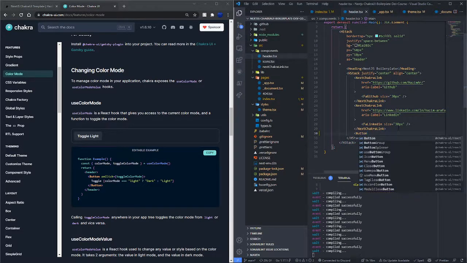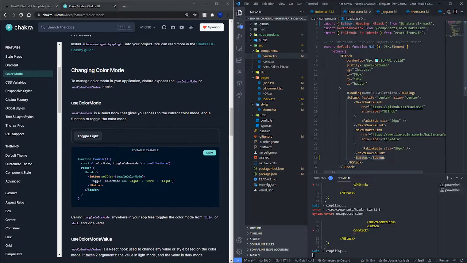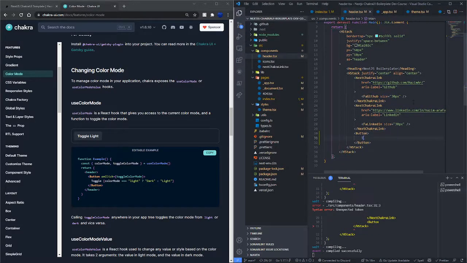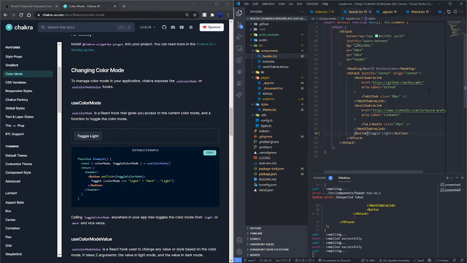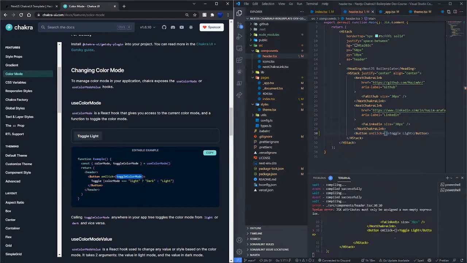I'm going to import the button from the Chakra button class, and in here we'll have toggle light. Any component that you use from Chakra's library automatically has light and dark mode themes. So whenever we click on the button, we're going to want to use the toggle color mode